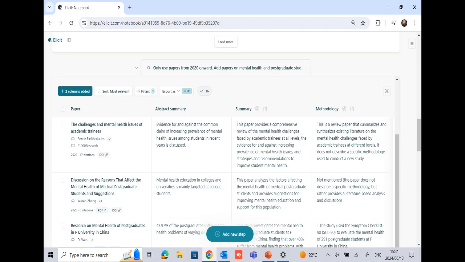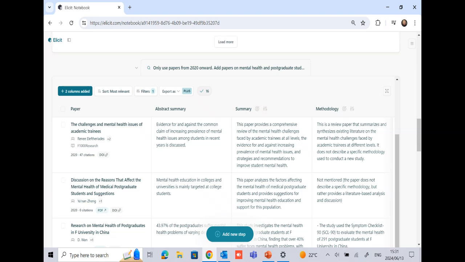So that's more or less what Elicit does. In the paid version, you can export it. You can apply filters. You can see at the top I added 2 columns already. There's more, I can add more. But in the free version, this is what you can get. But you can keep on asking questions and refine further if there's a need for that.